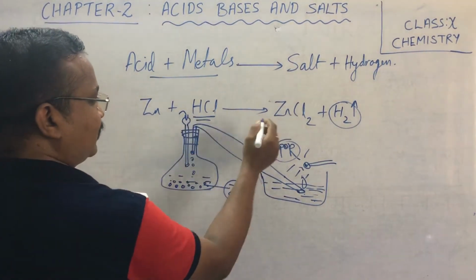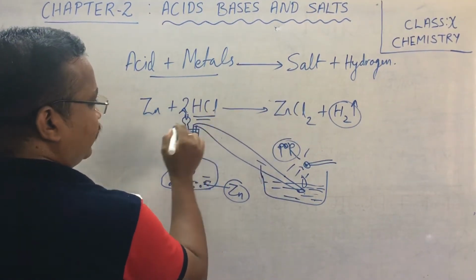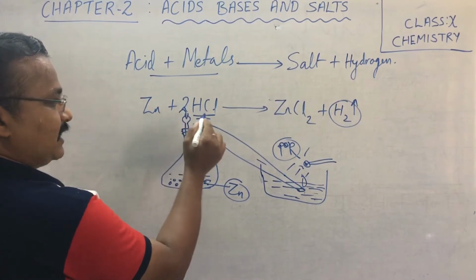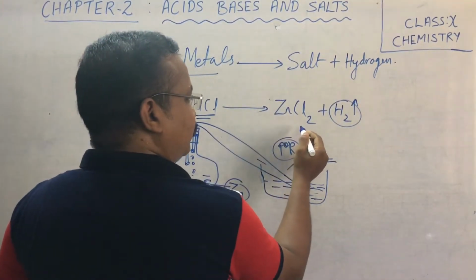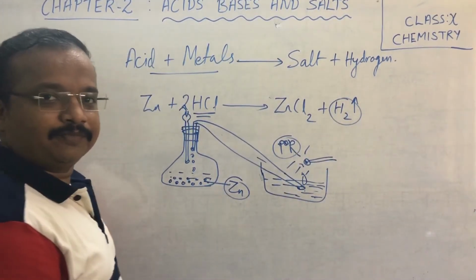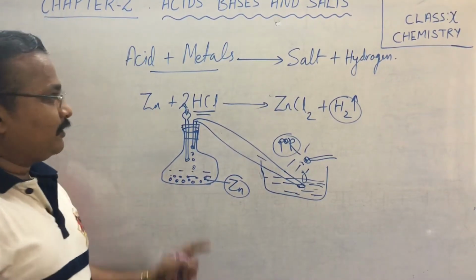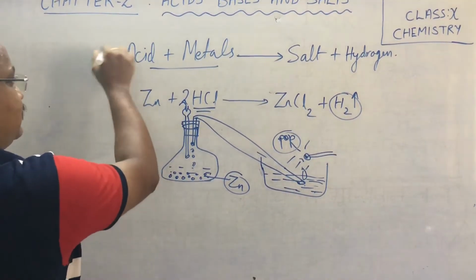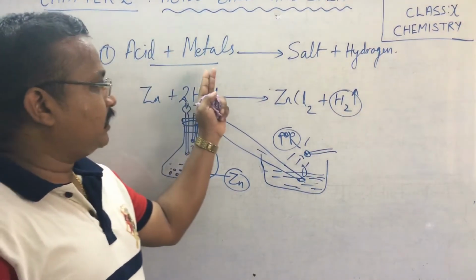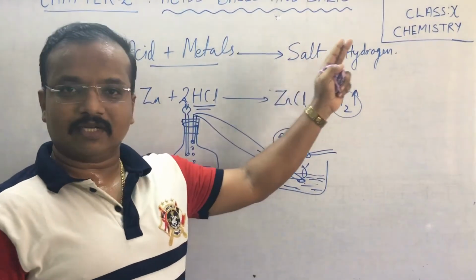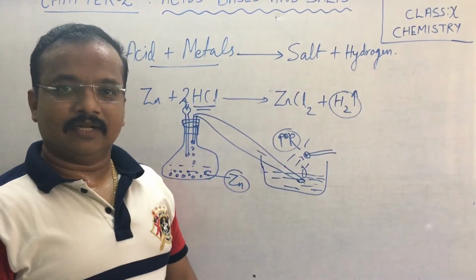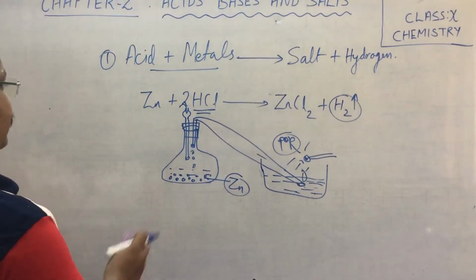Here you can balance the equation. 2HCl you can take. Zn plus 2HCl gives ZnCl2 plus H2. Right? So first what we have discussed is acids on reacting with metals produce salt as well as hydrogen gas. Right? Now next we have